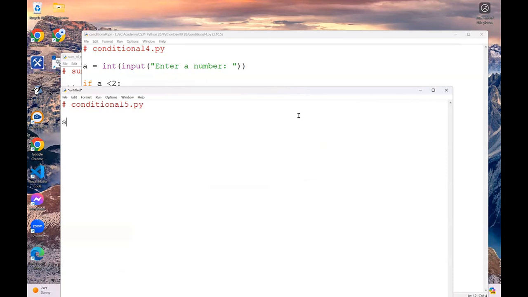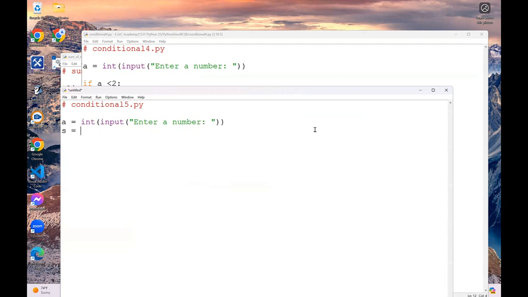So here I have a equals integer input, okay. Enter a number,